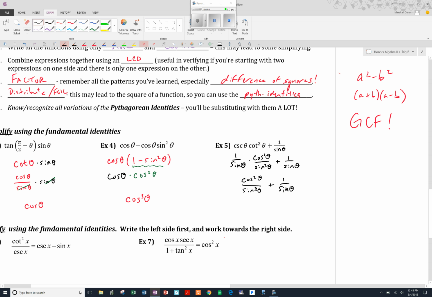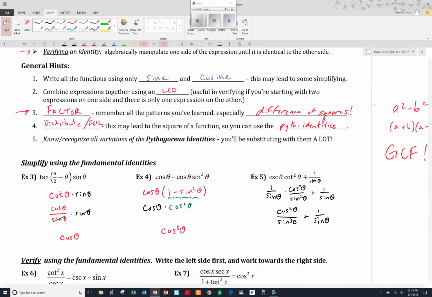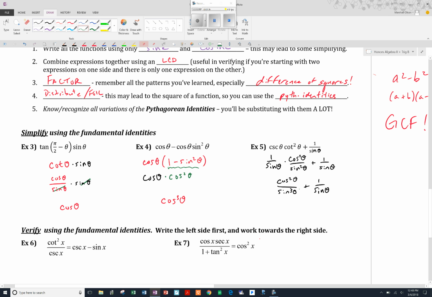And there's other ways that we could have done this. Like I said, we could have turned that into cosecant right away and pulled that out as a GCF. In fact, I might follow up by showing you what that would look like. The reason why I chose this route is this is now going to use number 2's hint, which is to combine expressions using an LCD. If you notice, this guy is already sine cubed. This guy is sine. If we multiply that right expression by sine squared over sine squared, which is totally legal to do because it's equal to 1, so we're not changing anything,